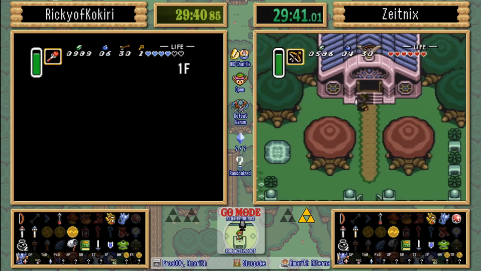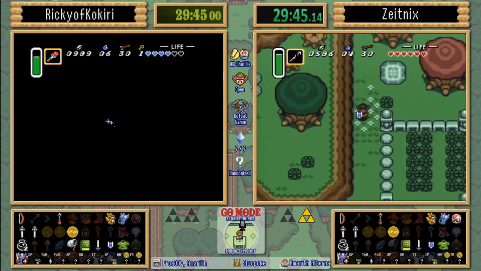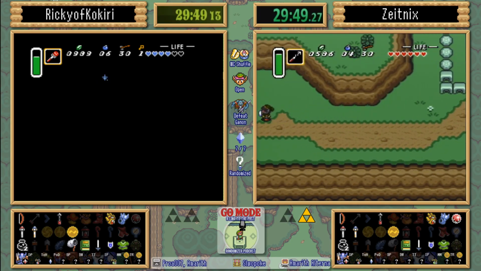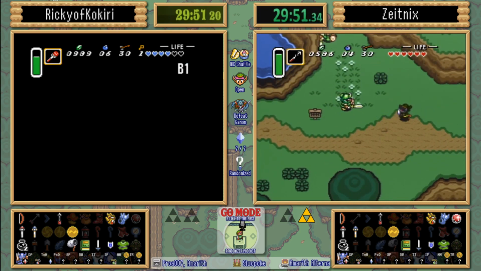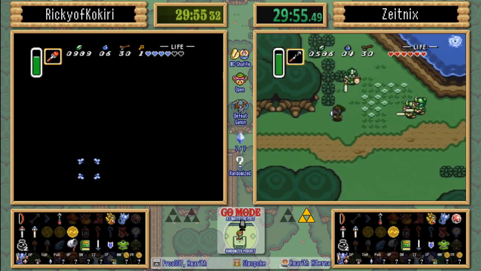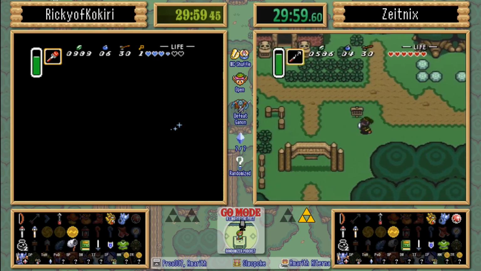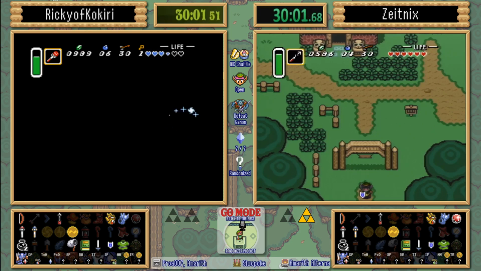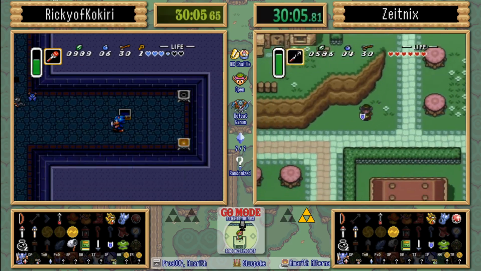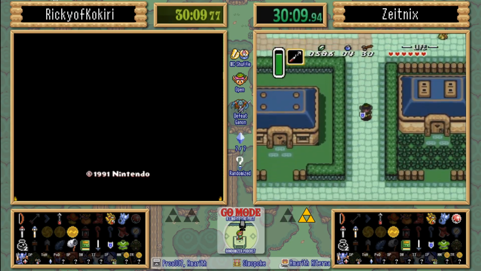Yeah, I definitely kind of agree with Zeitnix's play here, going towards the Thieves Town, Skull Woods area. That's your biggest item density area. You can turn in the bottle that he broke up on the mountain real quick, see if there's anything important on that. Right, exactly. Yeah, Dark Death Mountain is kind of tempting, but I think this is probably a smarter overall play. I get to check Sick Kid on top of that. So yeah,